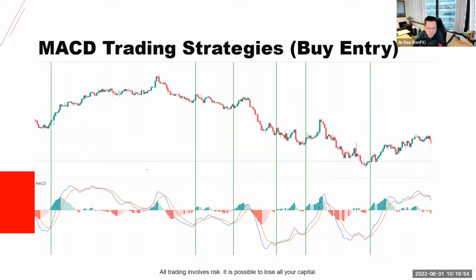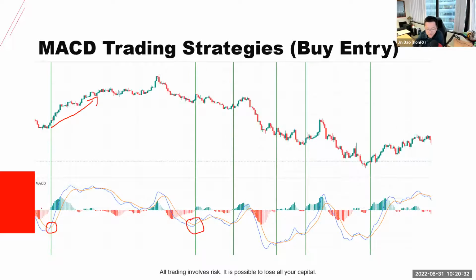So just to give you a few examples here, applying the MACD strategies in terms of a buying opportunity. You can see here that we saw a crossover, the MACD line crossing up above that signal line, which led to price moving towards the upside. Okay, so now we're only looking for buying opportunities. I know you can spot a few selling opportunities around, but we're looking for buying opportunities here. In this case, again,